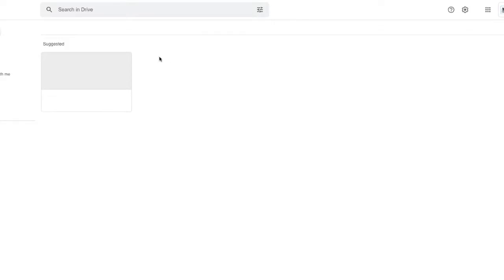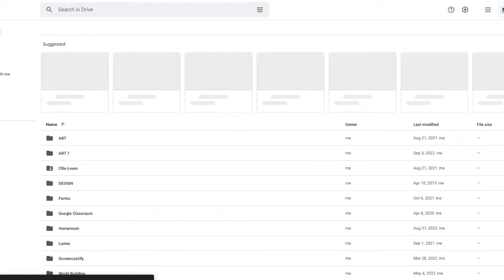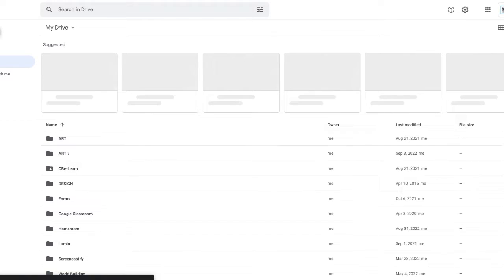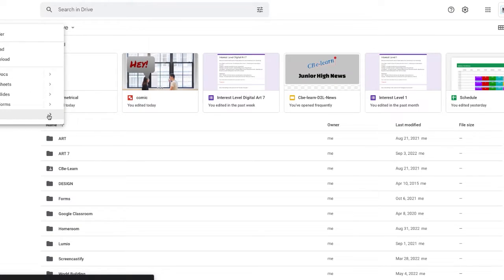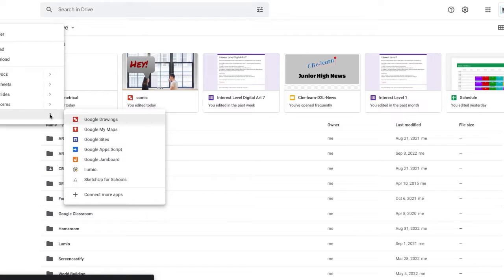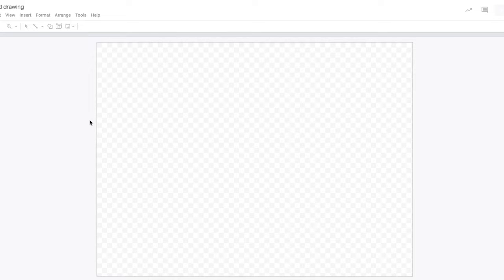open up. Once you're in Drive, you're going to want to go to New in the top left, and then you're going to click on More, or you're just going to let the rest flip out here, and then you're going to see Google Drawings. That's what we want. It's going to open it up for you immediately, and it will save to your drive